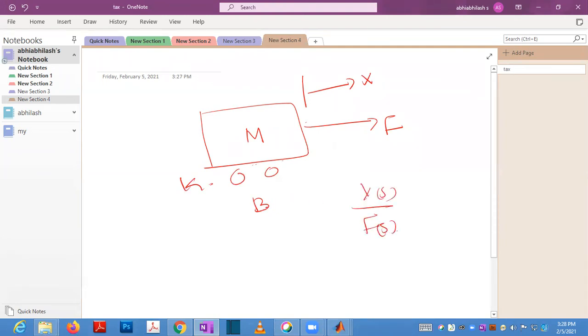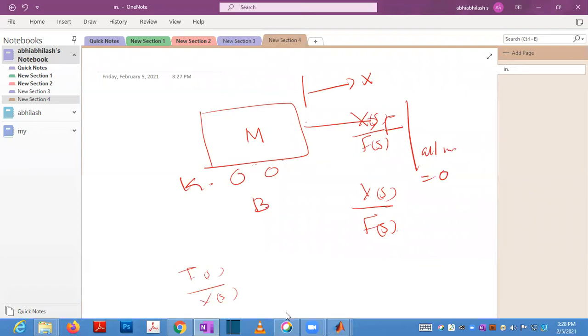So why is it called transfer function x of s to f of s? Why not f of s to x of s? Force is the input, we are providing the force. The transfer function is the ratio of the Laplace transform of output to the Laplace transform of input with all initial conditions equal to 0.